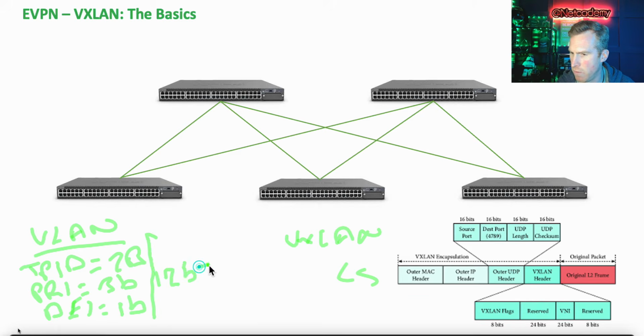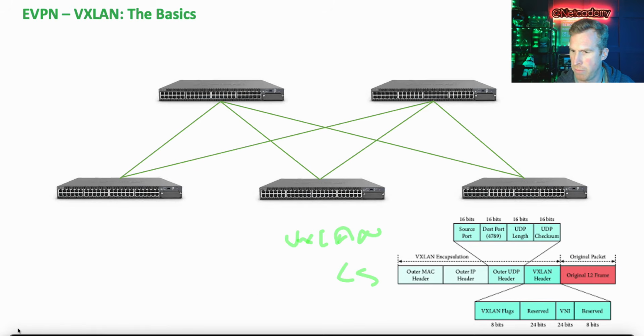You'd have 12 bits which actually go to the VLAN identifier itself. Now that sounds like a lot, 12 bits, but a bit can be a 0 or a 1, so you've got two options there. So if you do 2 to the power of 12, you come out with 4096. So out of 4,096 possible identifiers, only around